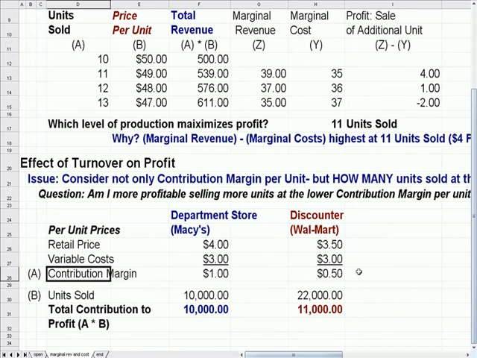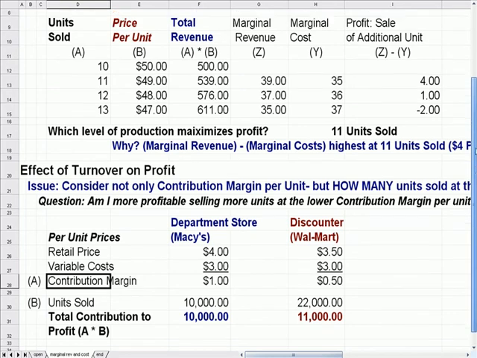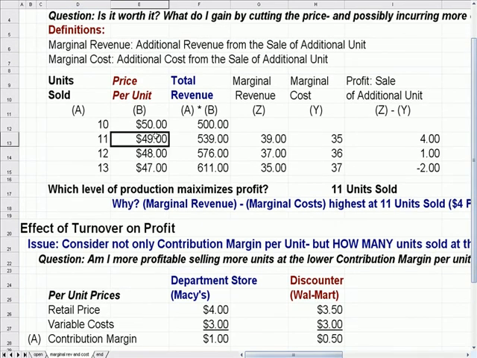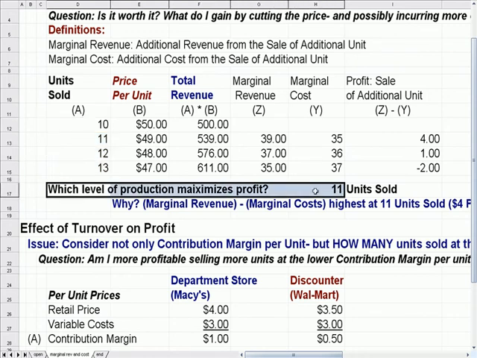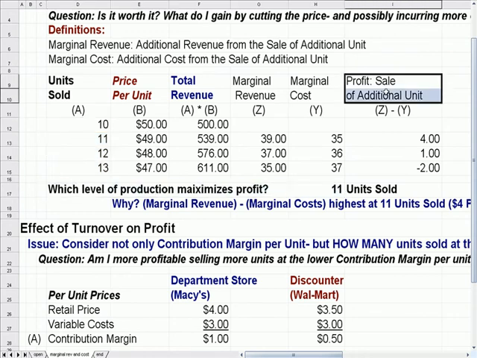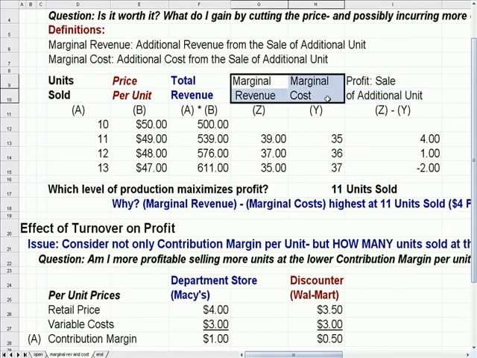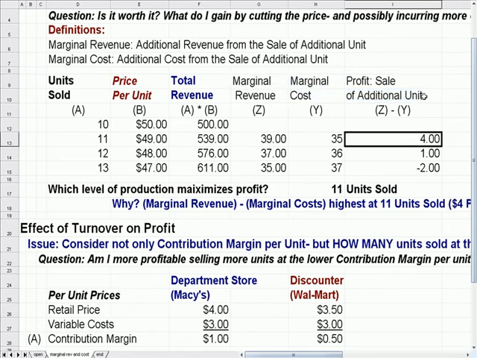So all companies go through this analysis. Is it worth reducing the price to create additional units sold so that marginal revenue is greater than marginal cost? And the question is, where is that perfect, magic, most profitable level of units sold? In this example, it happened to be 11 units, which created the greatest profit, marginal revenue less marginal cost. In the same way,